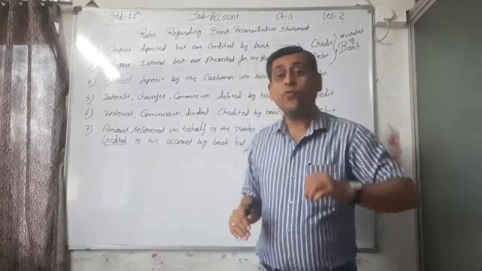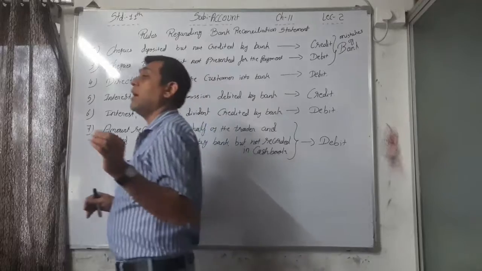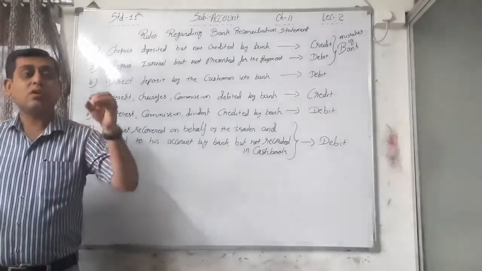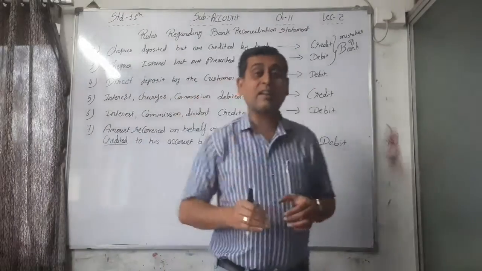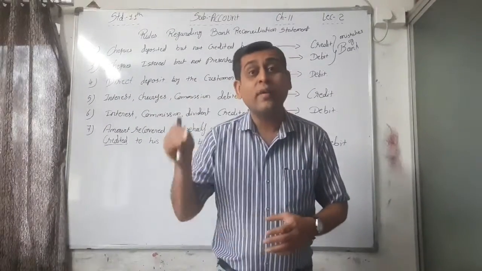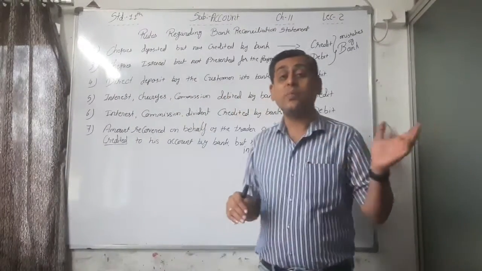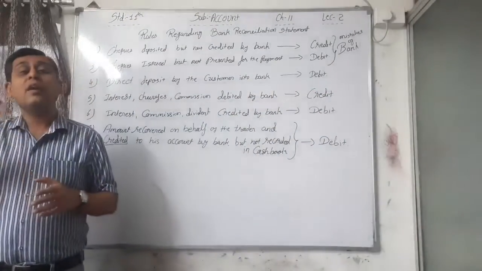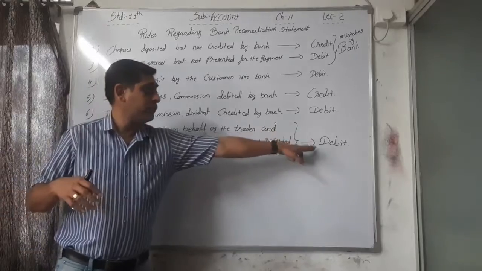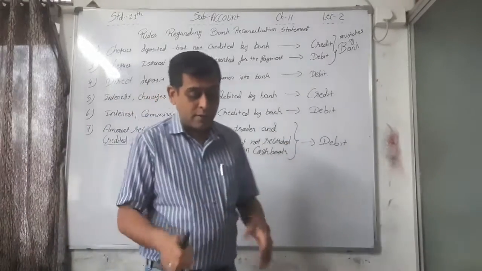If I give the instruction before the day, here that you have to collect this particular amount from one party, and the bank collects that and credits it to my account, then it is credited to my account, and at the same time I forget to record that, and I have to debit it, this one. Okay, see that